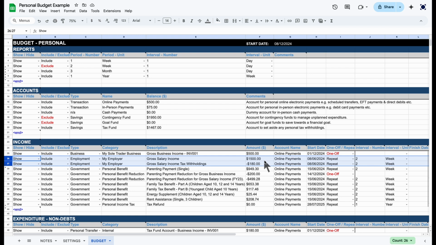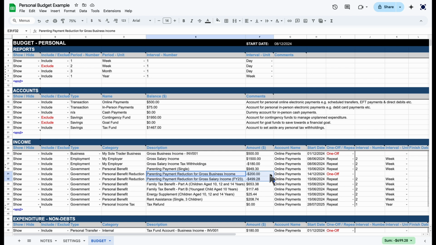withholdings entered separately. The income table has been designed around a parent with children living in Australia who's employed, operating a small business, and receiving government support. The table has been made deliberately complex to show the budget application's potential to manage complex finances and includes a combination of salary income, business income, and government benefit income with corresponding negative amounts to reduce the benefit income as required by the government for the salary and business income received.